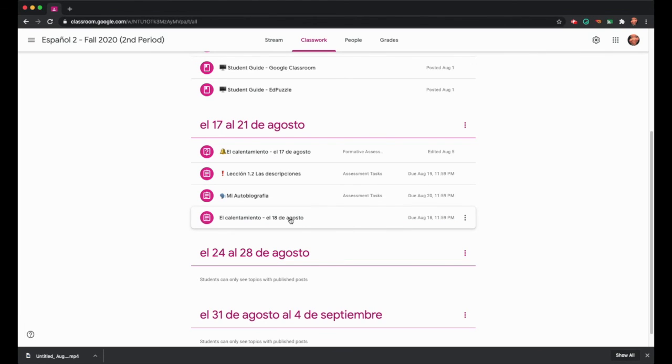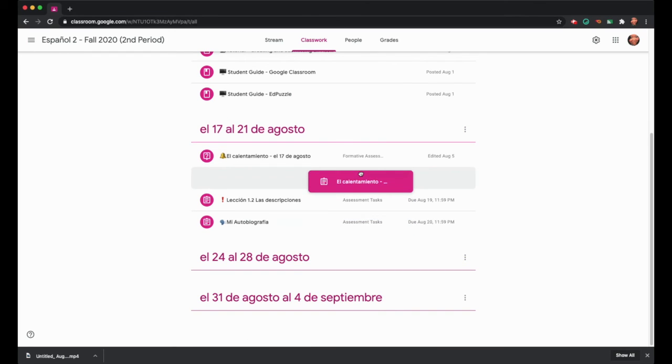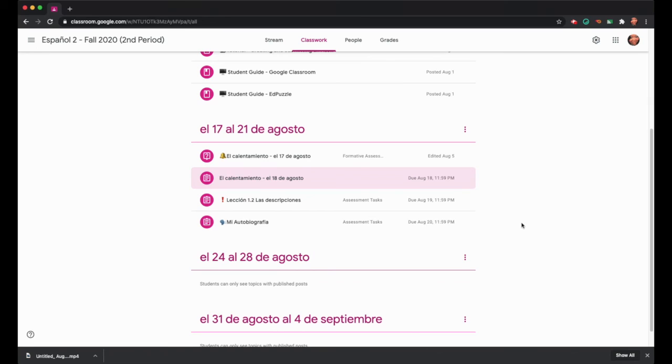Now, I don't want that to go here because you see I have something due on the 19th, and then that one's due on the 18th. I want to kind of keep them in order. So I'm going to take that one and I'm going to slide it up because it's going to be due before those 2 assignments. And now it's in the exact order that I want it to be. Does it have to be in the exact order if the due dates are there? No. Just for the purposes of making it more user-friendly for my students, I'm going to keep the assignments in the order that they're due. So if they go to that topic and they have the list of assignments, they know which assignments to do